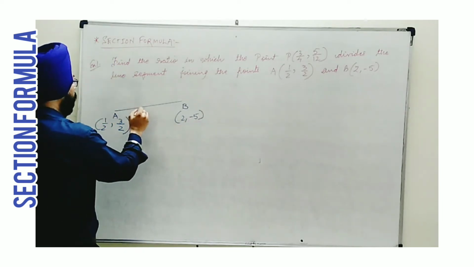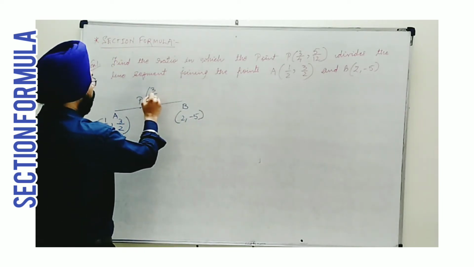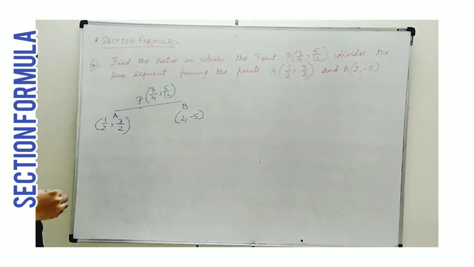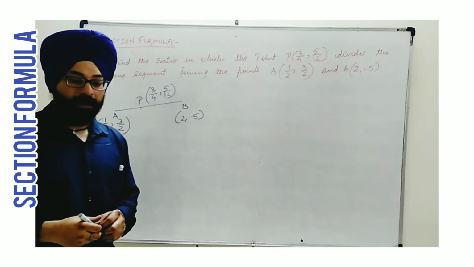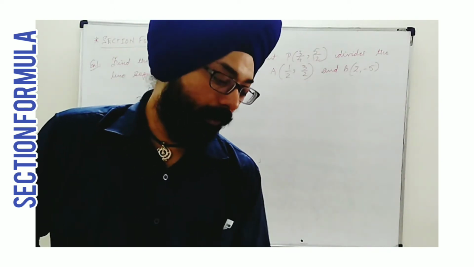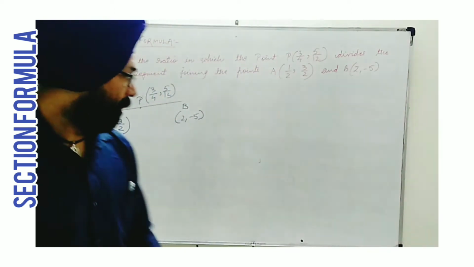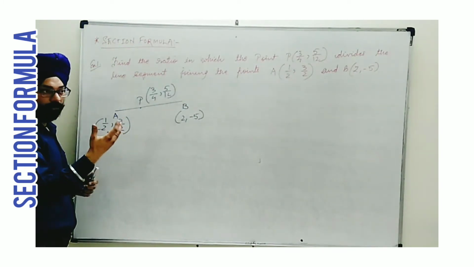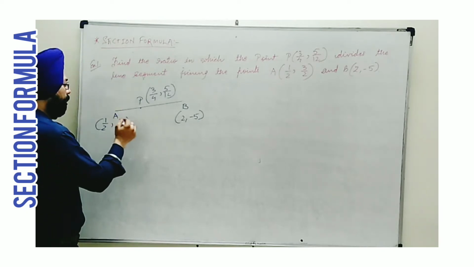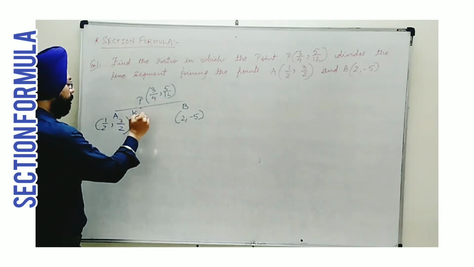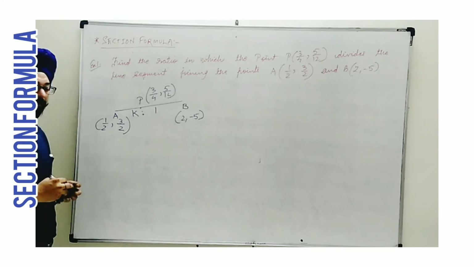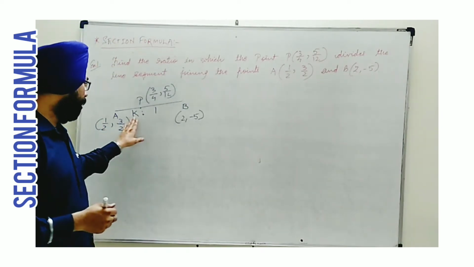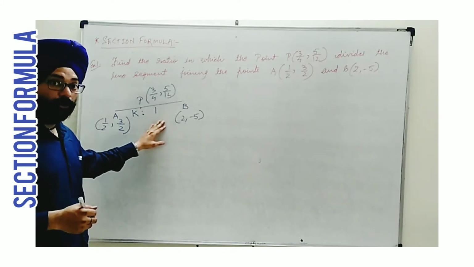And also, as we are told, P is (3/4, 5/12). Then for the ratio, either you take it like the explanation, M1 is to M2, as I said, or we can take this method: whenever you are given an equation to find the ratio, you can take the required ratio as K is to 1, where K is some constant, and this will give you the value. So K is to 1 can be taken as the ratio required.